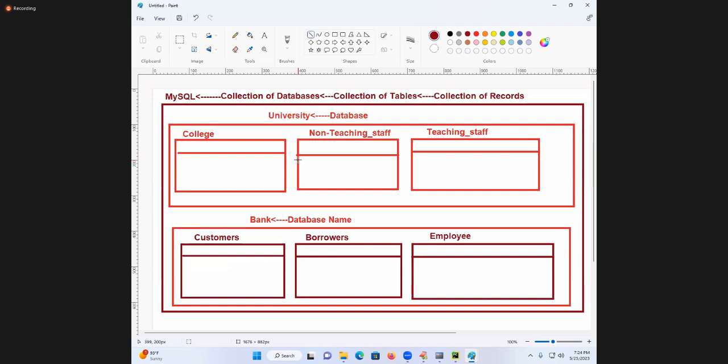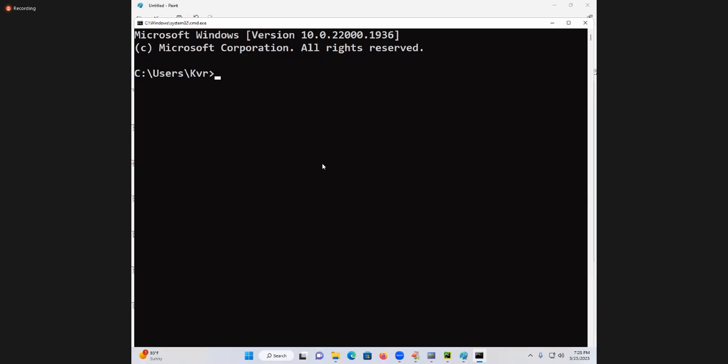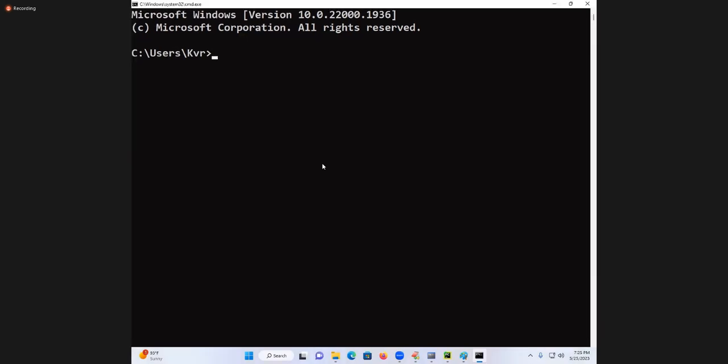CX_Oracle. Is it a third-party module or Python module? So we installed using which tool? Similarly, I can go to where? Command prompt. Windows command prompt. I can install today. Tell me. Pip install MySQL